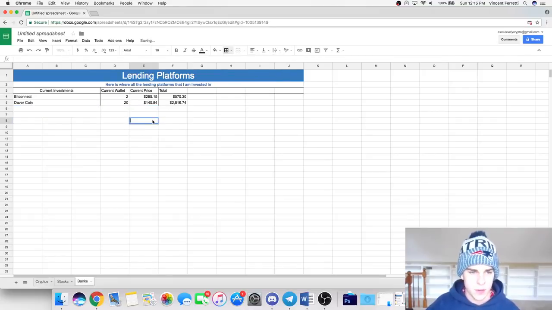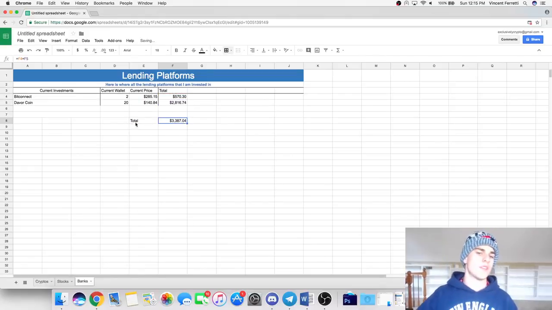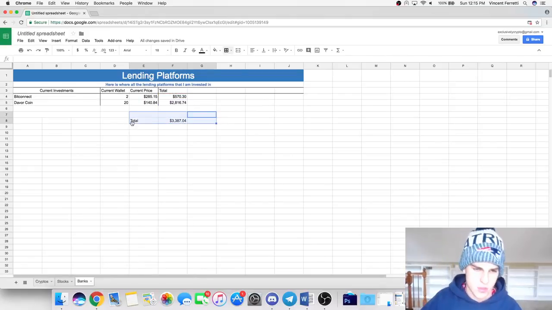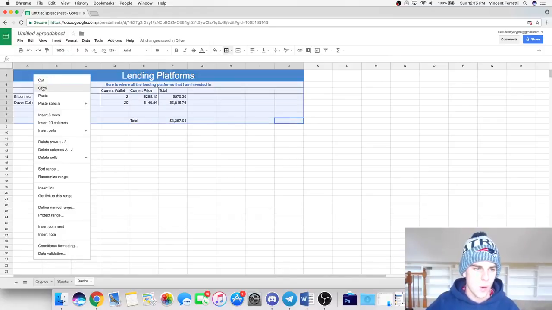So maybe you put in the bottom right here, total for lending, and then you can do equals sum, or you can even do equals that plus. There we go. So now it says the total amount you have in lending platforms is $3,387. And we're going to do the exact same thing, but now what we're going